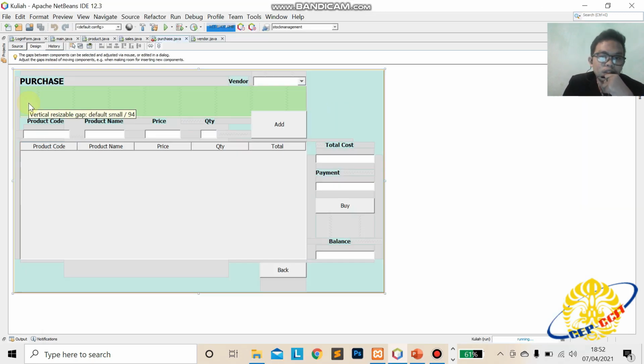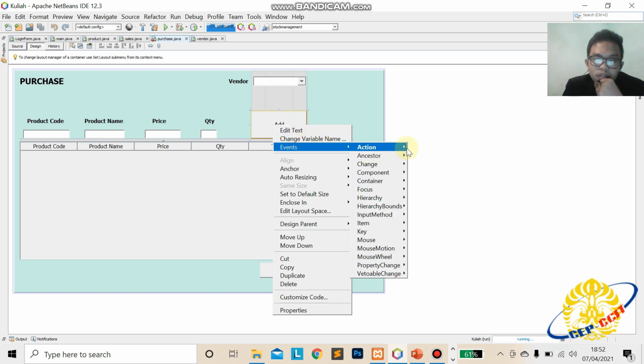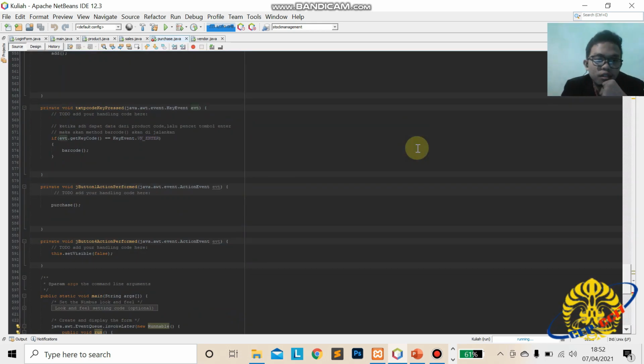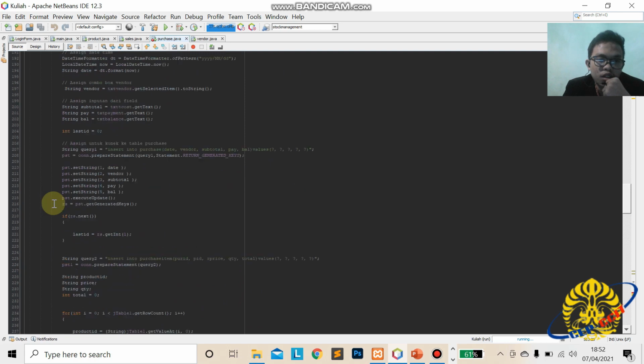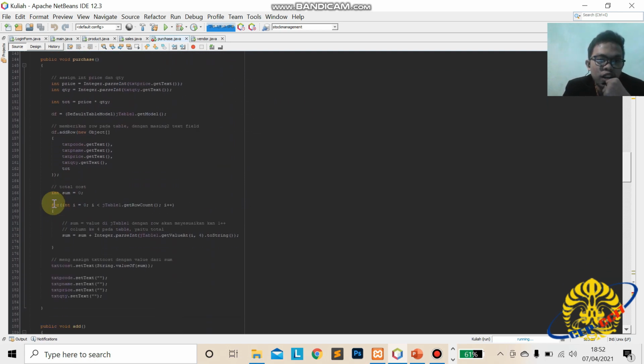Okay, so in the method add we have some code in there. In the method add we just put them into the purchase method. So the purchase method is this, to the add.